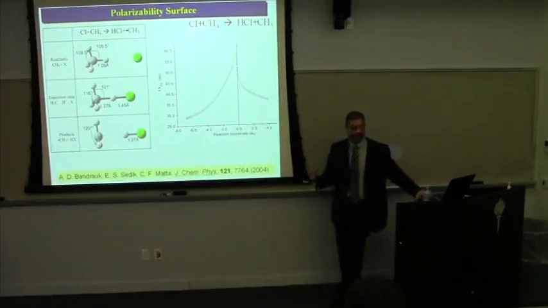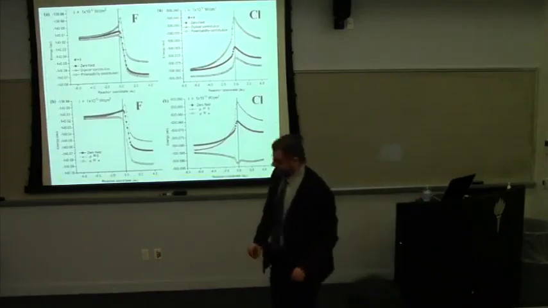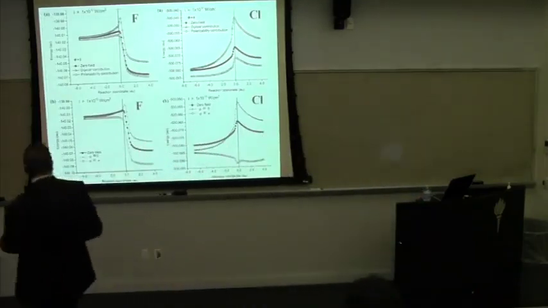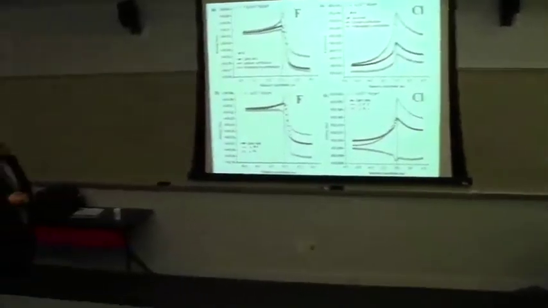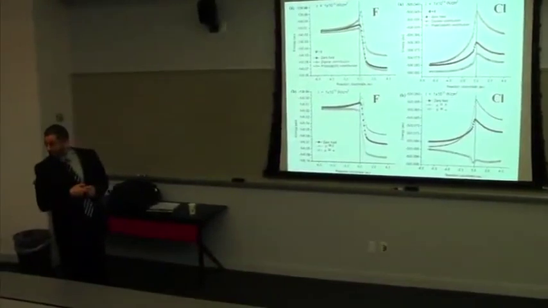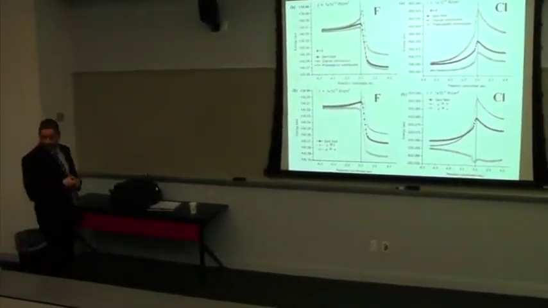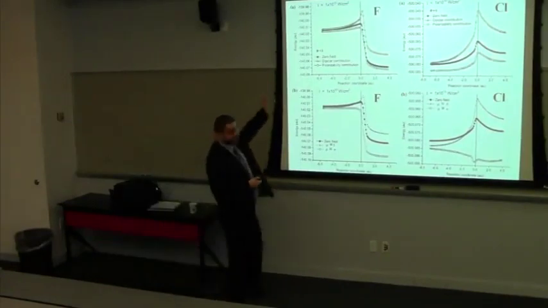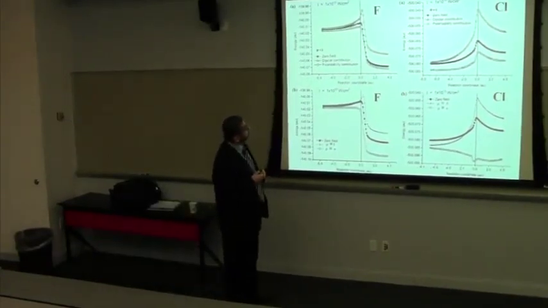And that's a good point to put that result. This is really significant because, look, these are the intensities. In all these plots, the intensity is the lower intensity, 10 to the 13 watts per centimeter squared. At that intensity of the laser field, the dark is the field-free potential energy surface,